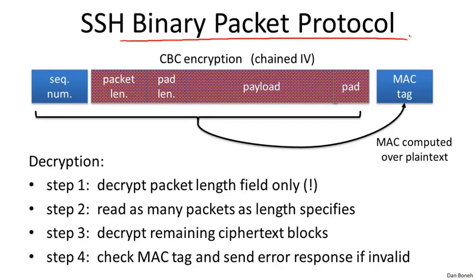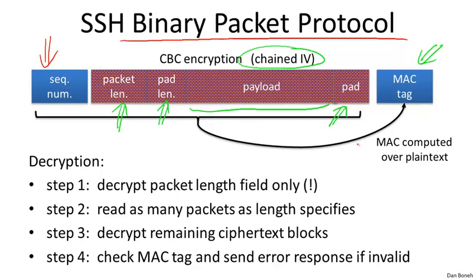Okay, so technically what happens is every SSH packet begins with a sequence number, and then the packet contains the packet length, the length of the CBC pad, the actual payload follows, then the CBC pad follows. Now this whole red block here is CBC encrypted also with a chained IV, so this is also vulnerable to the CPA attack that we discussed before. But nevertheless, this whole red packet is encrypted using CBC encryption, and then the entire clear text packet is MAC'd, and the MAC is sent in the clear along with the packet.